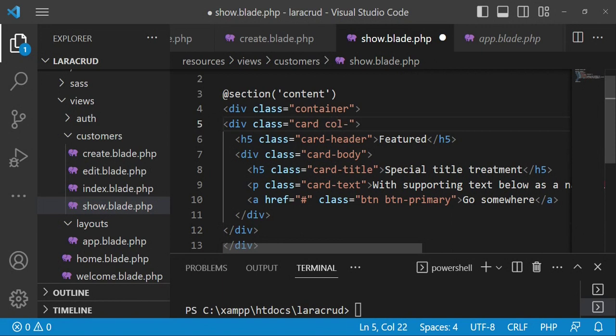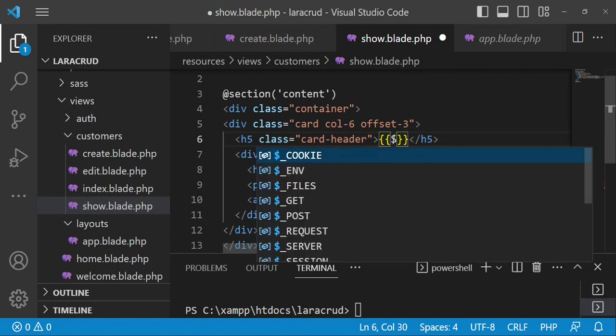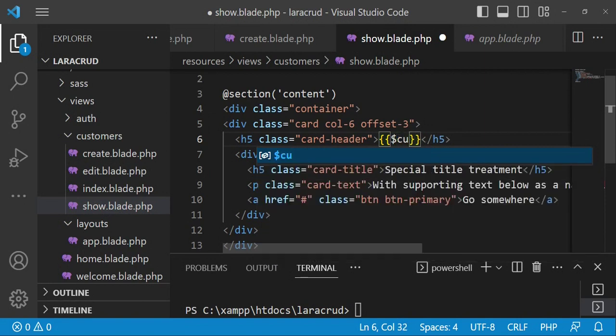and under the card class, I just want to reduce the size of the card a little bit by putting some requirements. So offset 3, like that, to reduce our card to a manageable size. And then here I would like us to pass our customer, because in this file we are just returning one customer. So in this case we can say customer name,